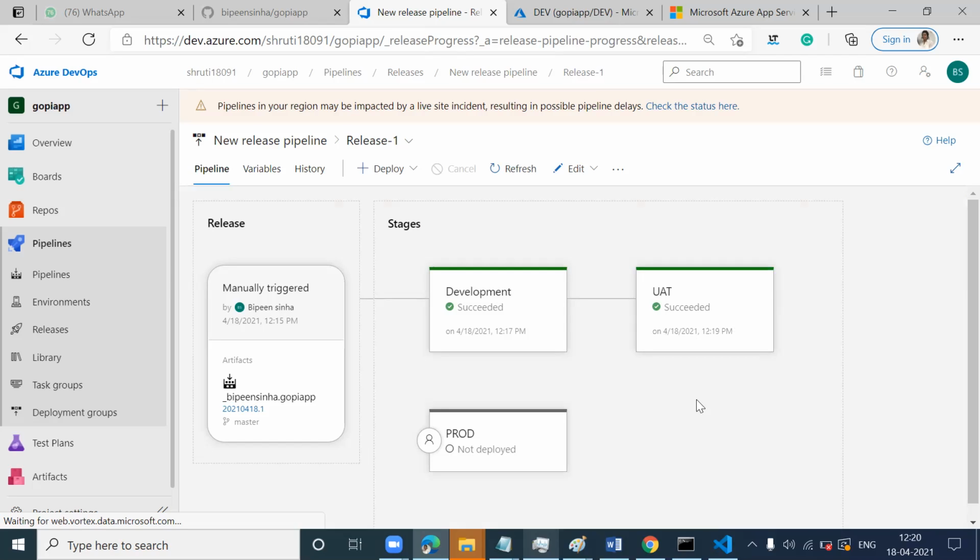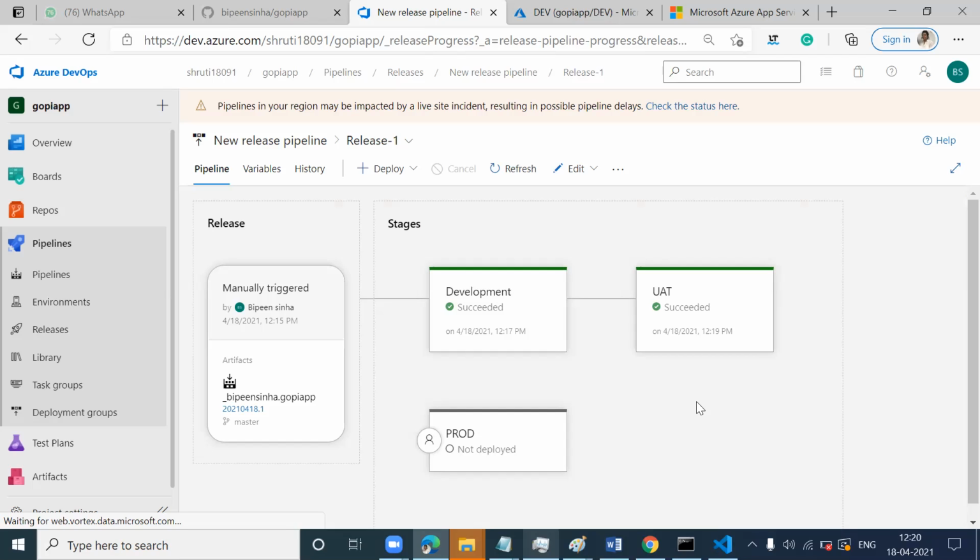And until and unless approval comes, you cannot deploy this app at all. Understood? This is what makes this whole DevOps flow work.